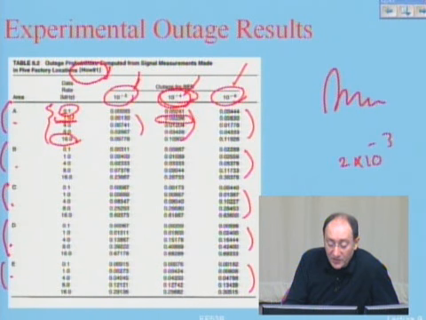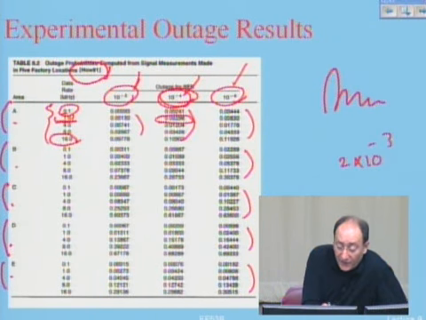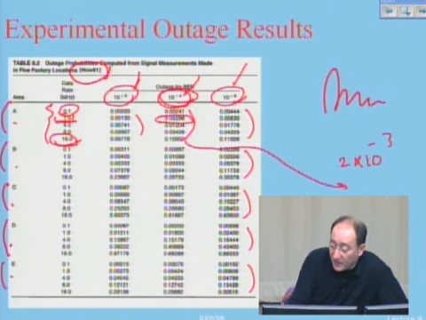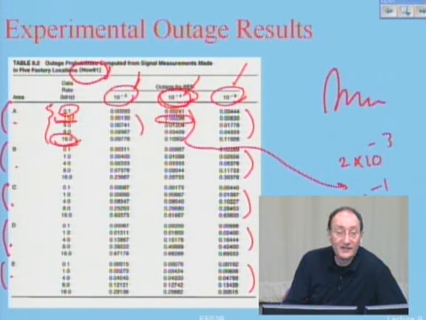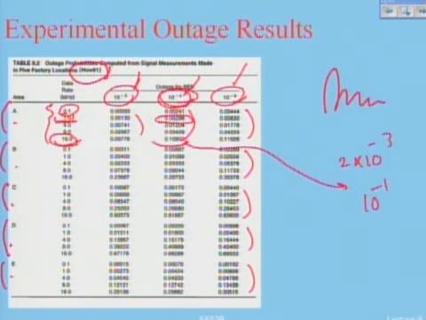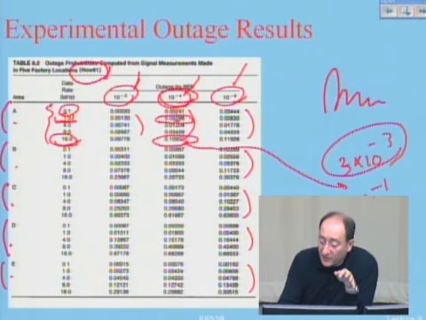Good for voice communication. If I come to 16, my probability of outage is like 1%, 10 to the minus 1, which means that in 10% of the locations I have a bad result. In here, I have 2.9, 3.3%,